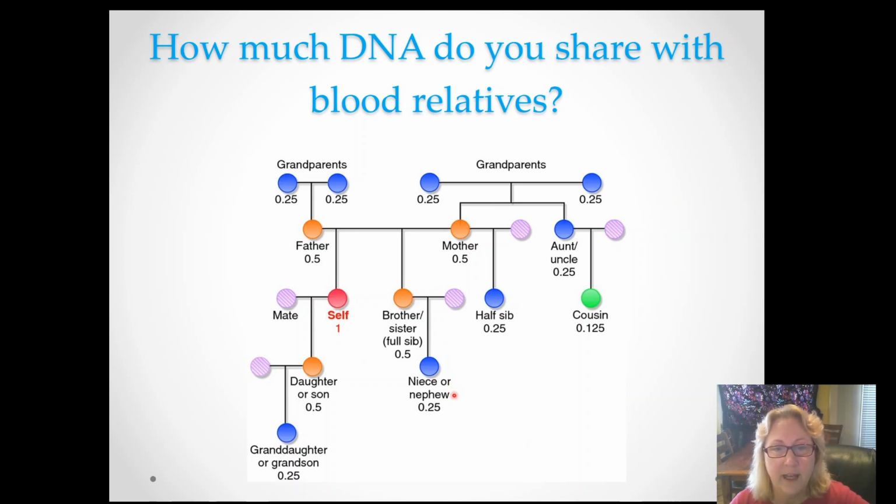With nieces and nephews, you share about 1/4 of your DNA. So that's the next degree. Half siblings as well, about 1/4. Your grandparents, you also share about 1/4. So that would